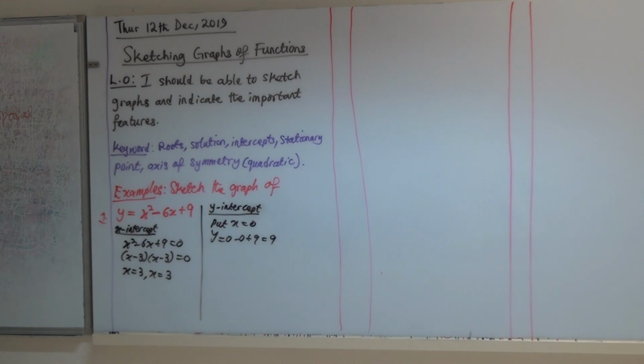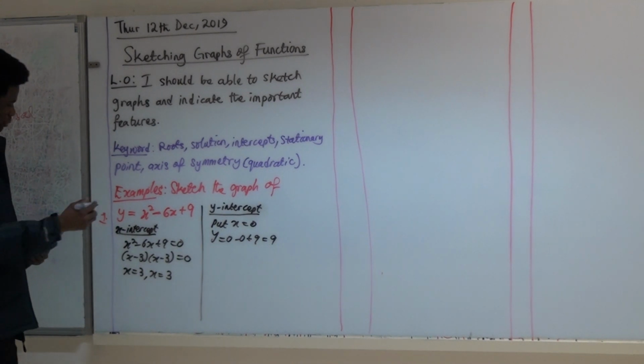How many turning points do you think this has? 1. Without even going to differentiation, is this going to be a maximum or a minimum parabola? Why do you say so? Because A is positive. Because A is positive, we already know this is going to be minimum. So to get the turning point,